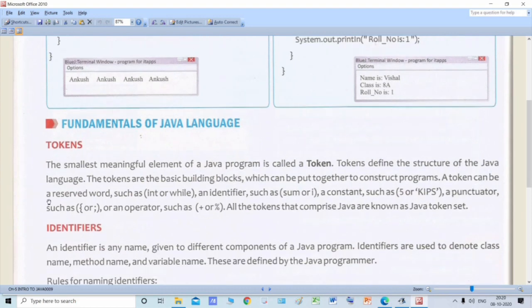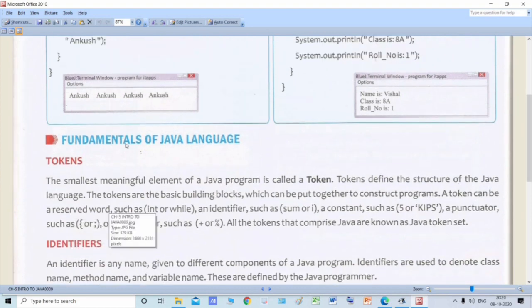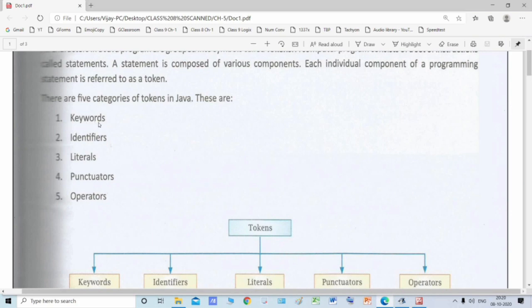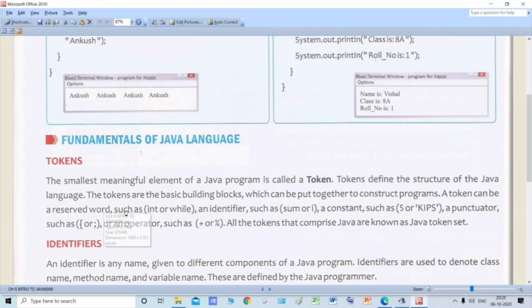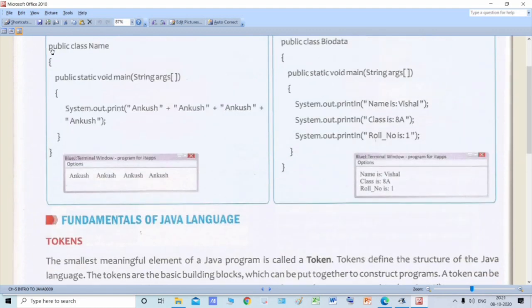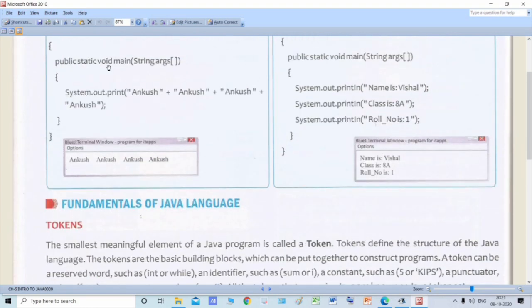Now, a token can be a reserved word. A reserved word means nothing but the keywords. Reserved words such as int or while. Now you have not studied about these keywords, but public is also a keyword only. This static, this void, and this main, all these are keywords. This system,